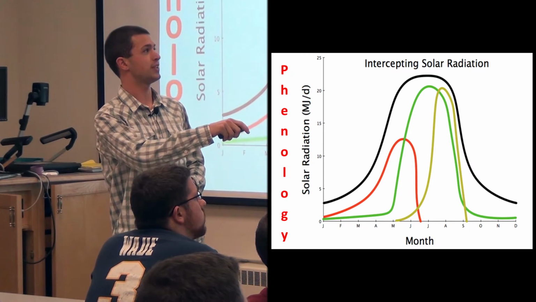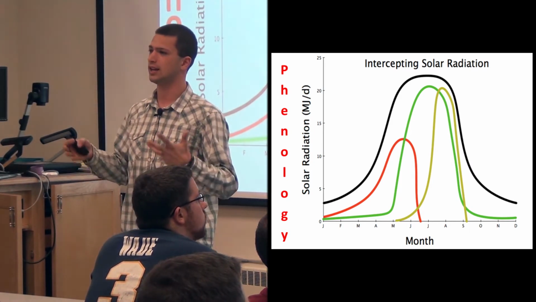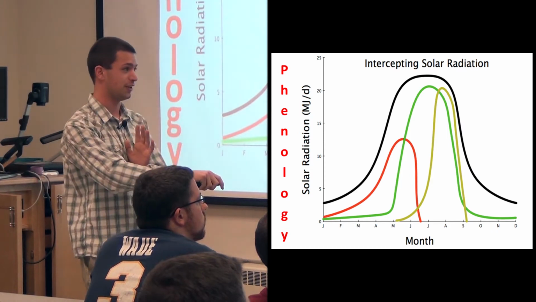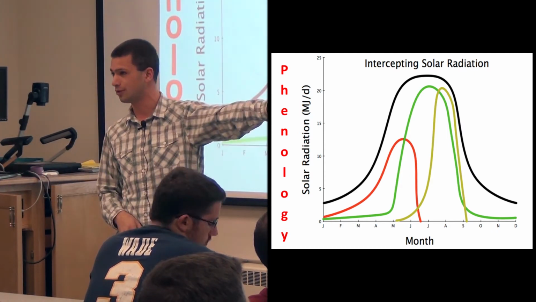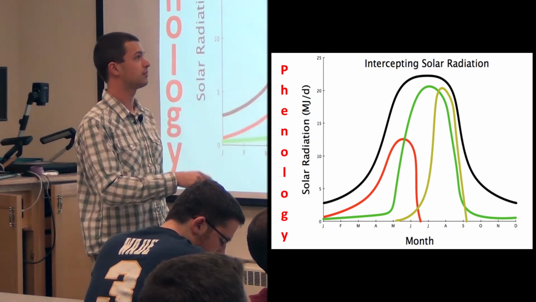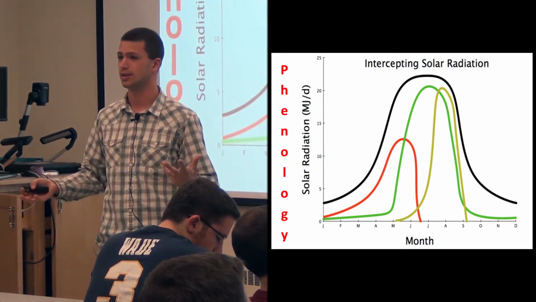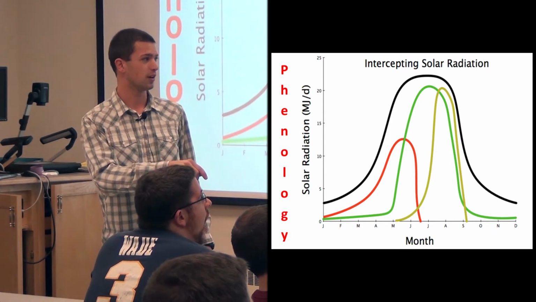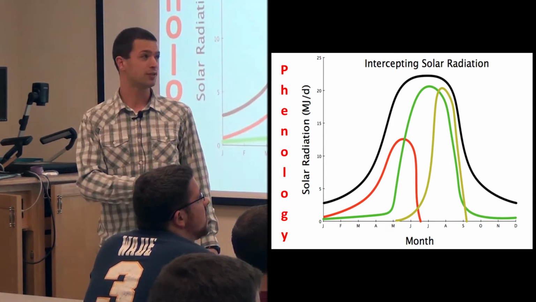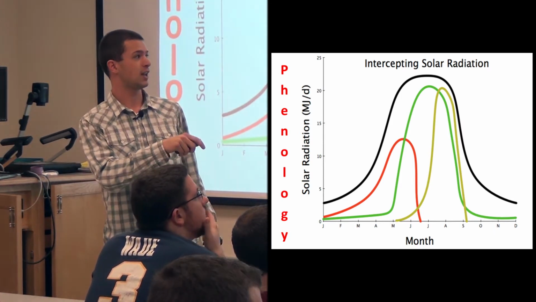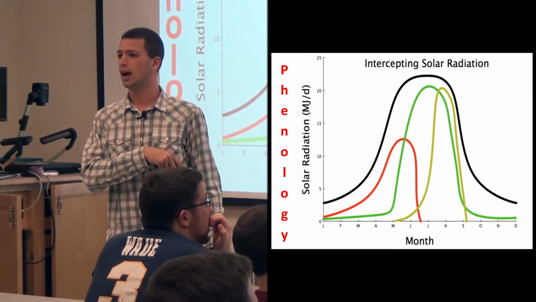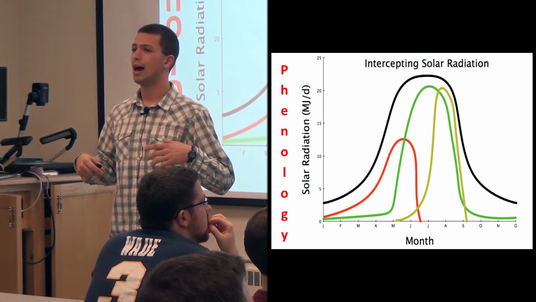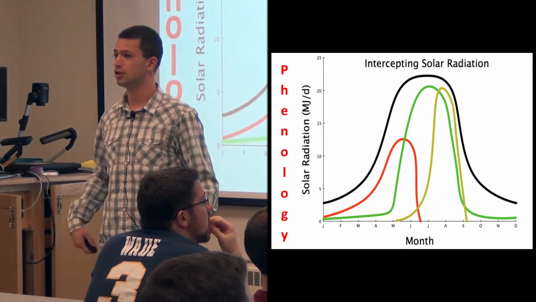The black line represents how much sunlight is hitting, or sorry, whoa. We've got to make sure you guys understand this. The X-axis is month, so basically as you progress through the year, and the Y-axis is basically energy, or solar energy. The black line represents how much sunlight is hitting the ground over the course of the year. This is the northern hemisphere, by the way. In the summer months we have lots of sunlight. In the winter months, days are shorter, less sunlight. And the colored line represents how much of that energy plants are actually able to use.